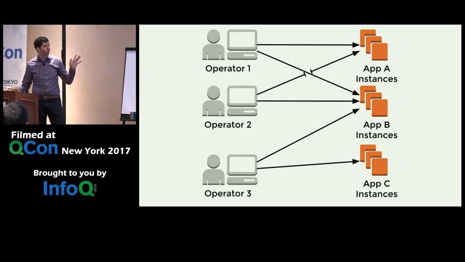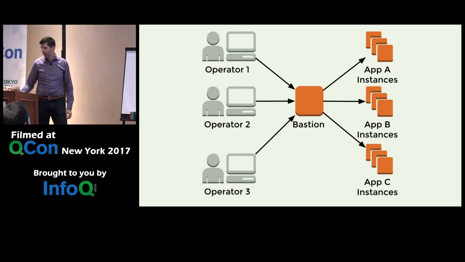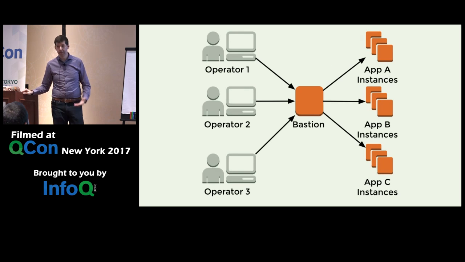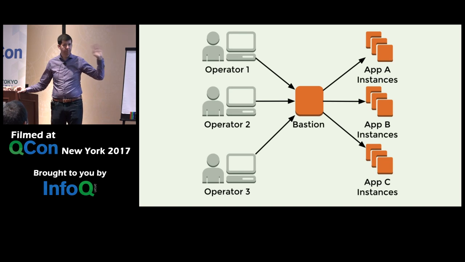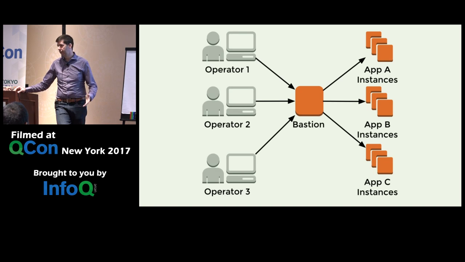This might work if you have one or two people. But as you get to more, you pretty quickly say, we need a layer of abstraction, because that's how we solve all problems. So we add a Bastion to the picture. And then the Bastion is a great place to put your private key. You have the operators log into the Bastion. They authenticate through some other managed mechanism. Maybe in this case it could be LDAP, but preferably SSH keys again or something like that. It's kind of turtles all the way down.